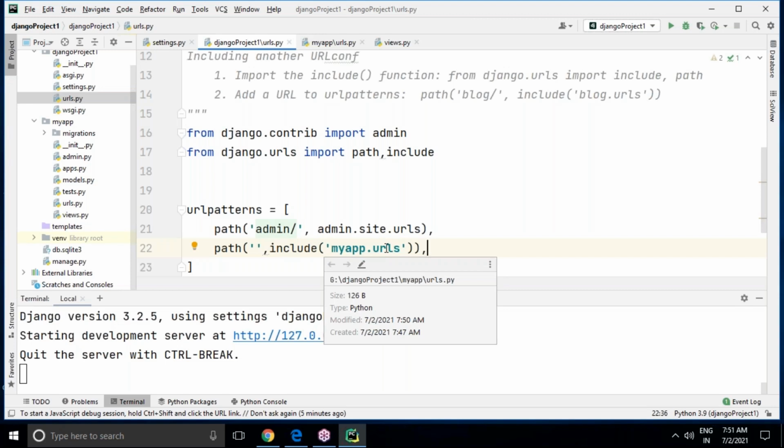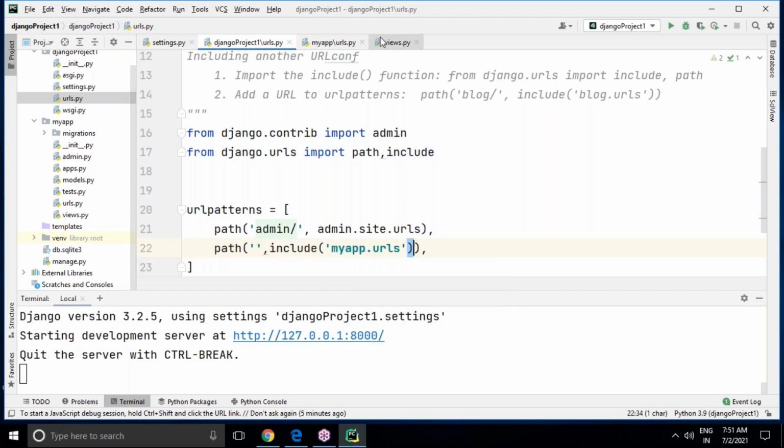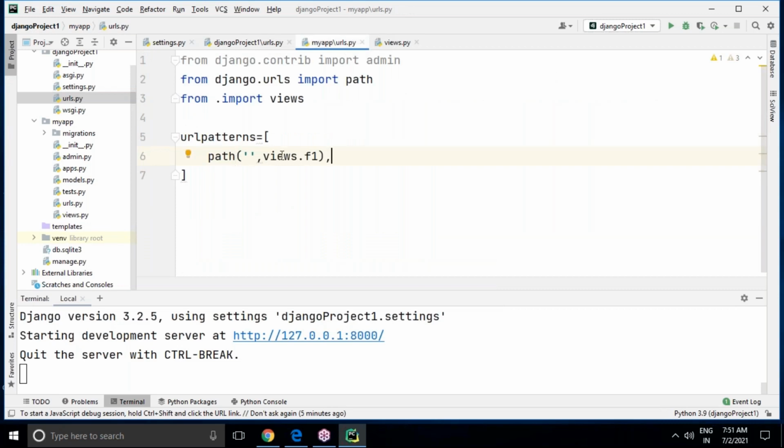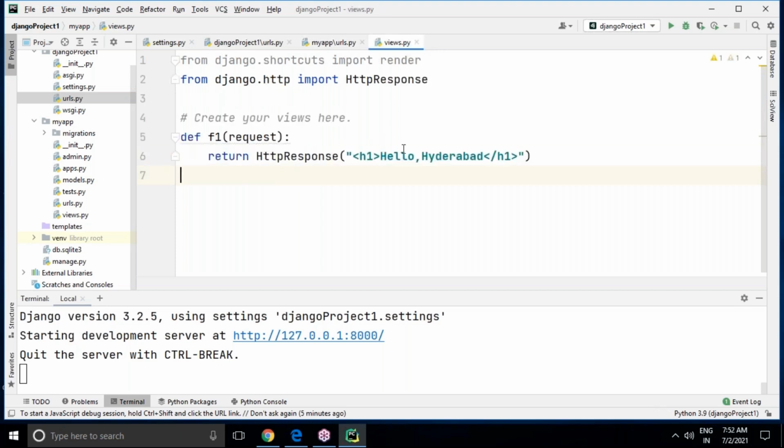So every application level URLs can be managed by project level URLs, because your request will come here. It will go to my app.urls. Whenever it goes to my app.urls, now you can see views.f1 is there. F1 will go there, in your application, where the F1 view is. It will get clear; this is the thing. Instead of using project level URLs, it is better to go for application level URLs so we can access them easily.